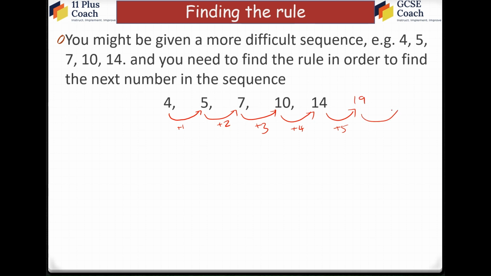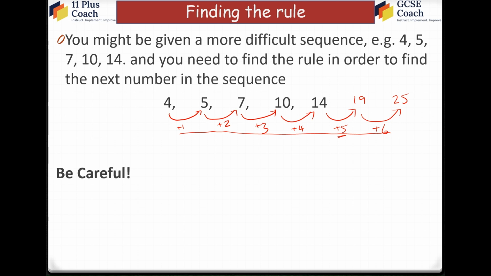And one more time, if I have to find the next term, well, the previous difference was 5. I need to add 1 more to the previous difference, which will be plus 6 this time. And then 19 plus 6 would give me 25. Hopefully that makes sense. So the best way to find a rule is actually to find the difference from term to term in a sequence, and then you can see what the pattern is,